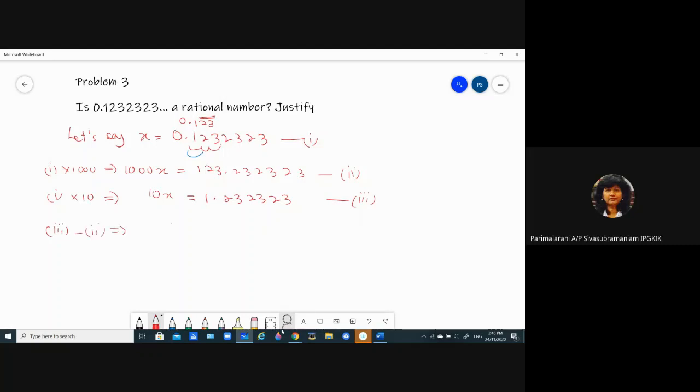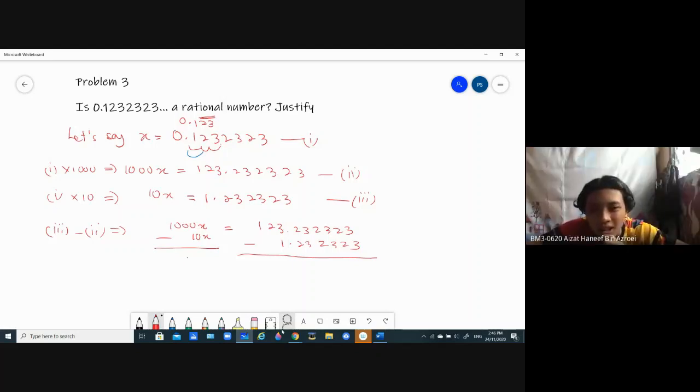What do we have? 1000x minus 10x equals 123.232323 minus 1.232323. Now when we minus, everything behind the decimal point disappears, right? So what do we have here? 1000 minus 10? 990. Okay, equals 122. Therefore, x equals